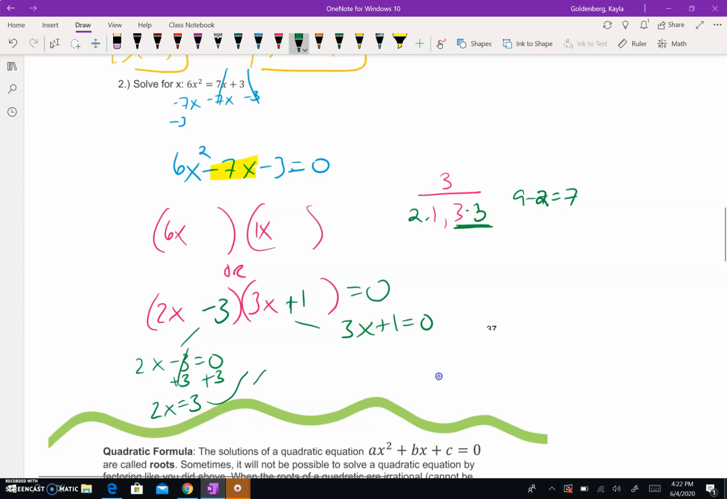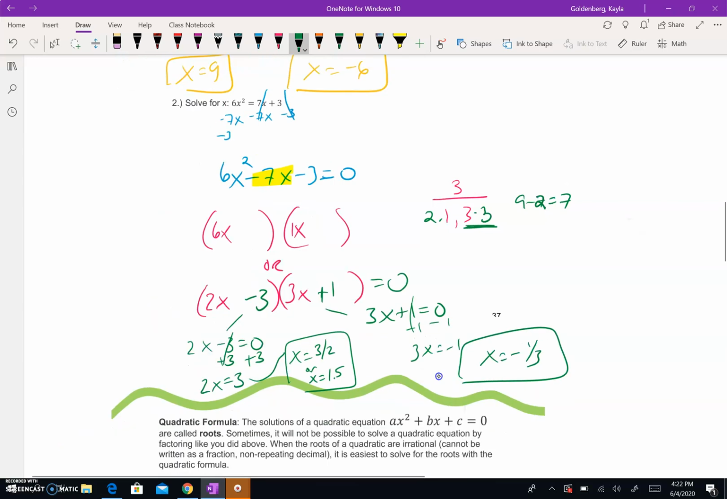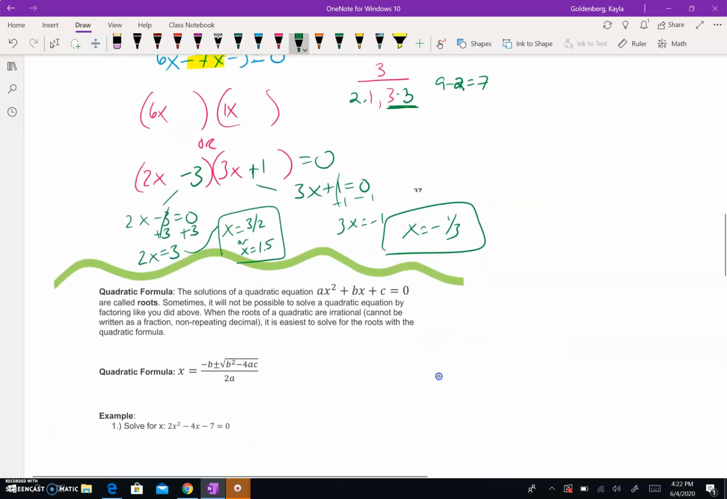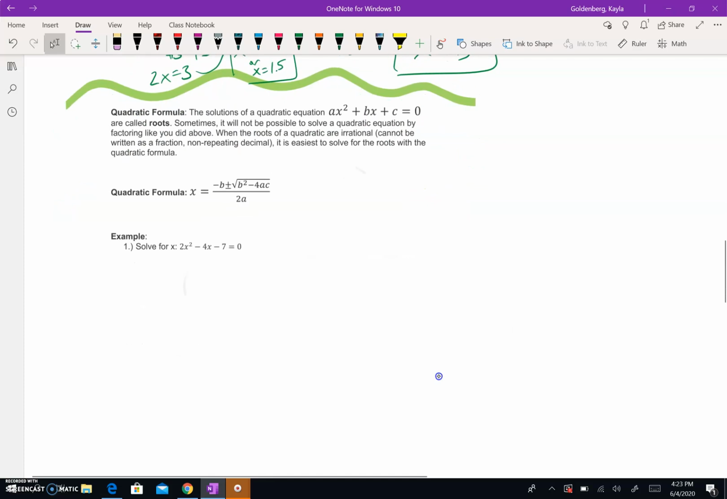So if 2x is equal to 3, x is going to be 3 over 2. I'll just write that a little bit cleaner. 3 over 2, or x is 1.5, right? Whichever you want to write it. Subtract 1 for this one. 3x is equal to -1, so x is -1/3. Okay, so that's just the basics of solving by factoring, and you've got some practice problems in your notes packet,